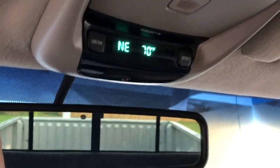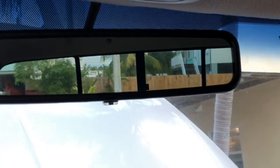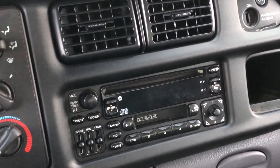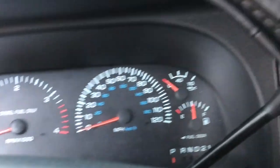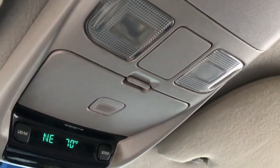And look what else. I finally have dimming again. But the radio does not work. Son of a... Okay. And the interior lights don't work. Again. Son of a...